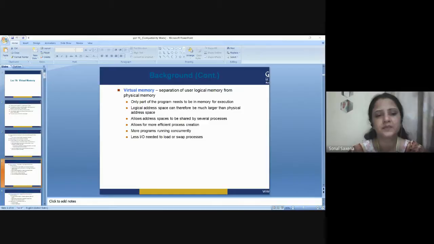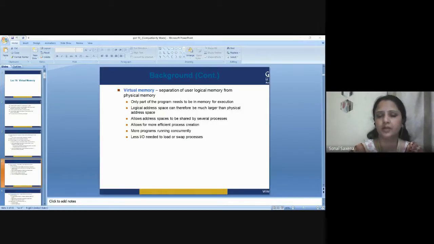Now, in computing, virtual memory, or virtual storage, is a memory management technique that provides an idealized abstraction of the storage resources that are actually available on the given machine, which creates the illusion to the users of a very large main memory.